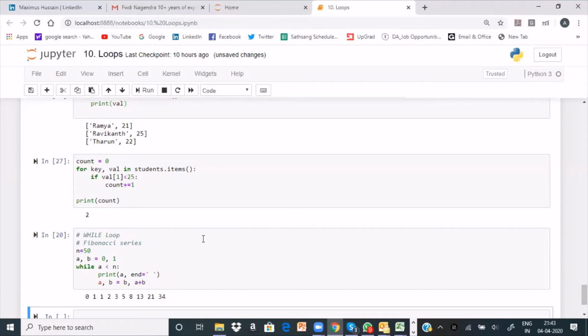See here, that means somewhere your n is actually defined, not in this program, but in the same kernel which we have been running up to this one. Some value is actually stored over there. The same value, it is picking up and printing up to 21. User input can actually fix this. Yes, you can do that way also.